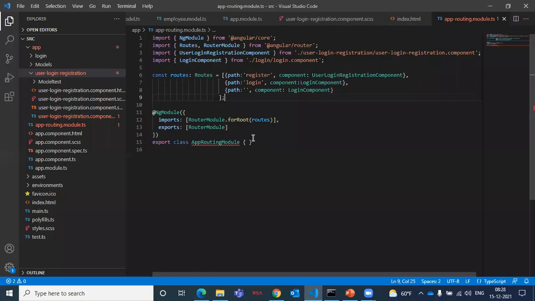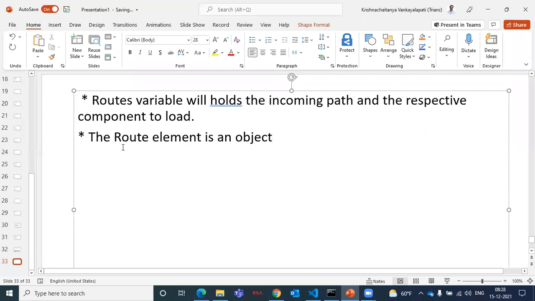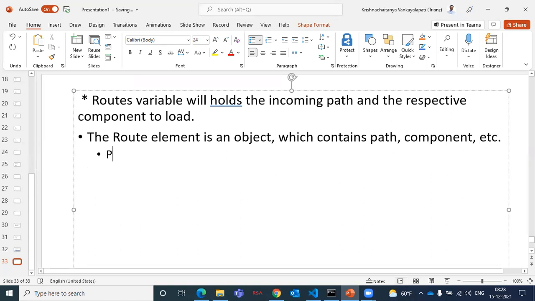This one is element 1, element 2, element 3. The route element is an object which contains path, component, etc. What are the etc? We'll see in future. Okay, here the path.